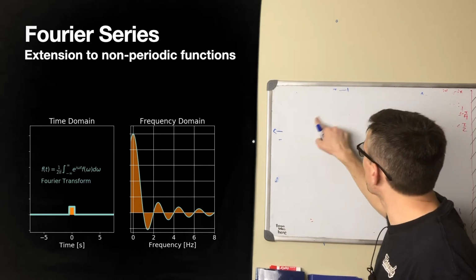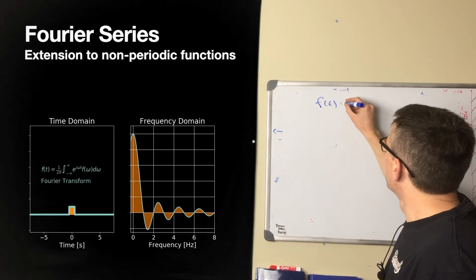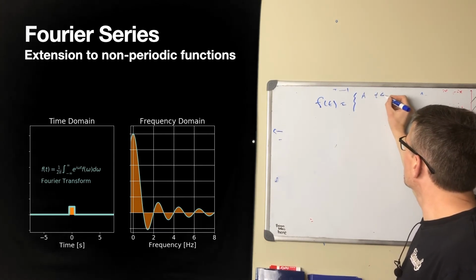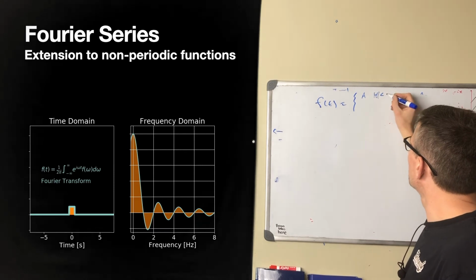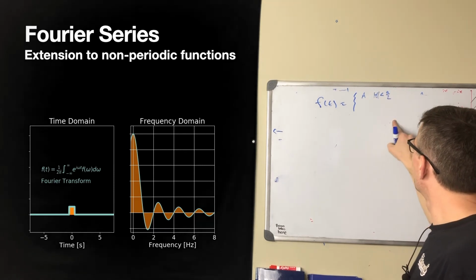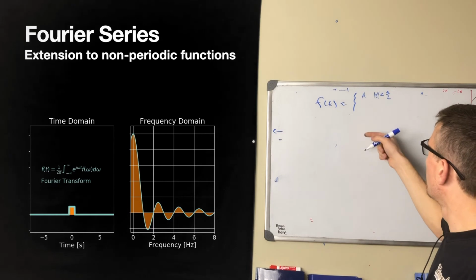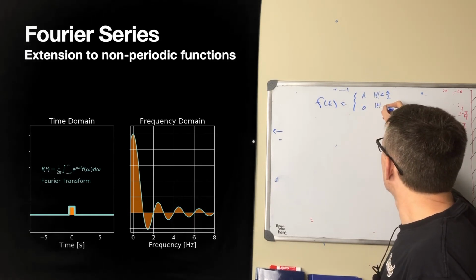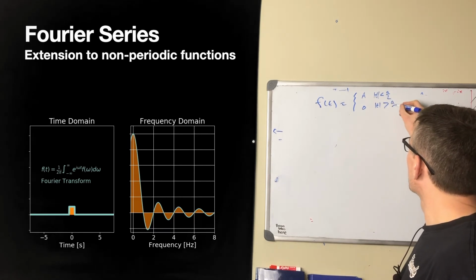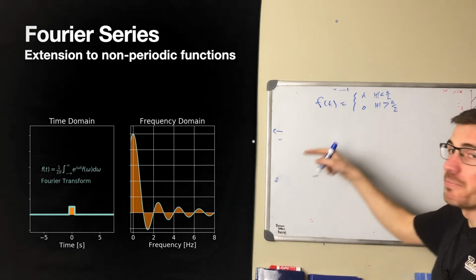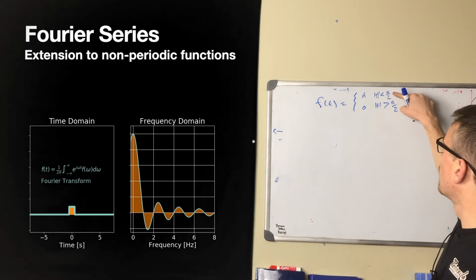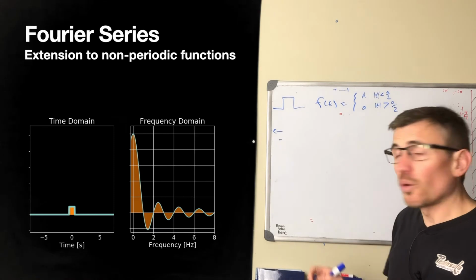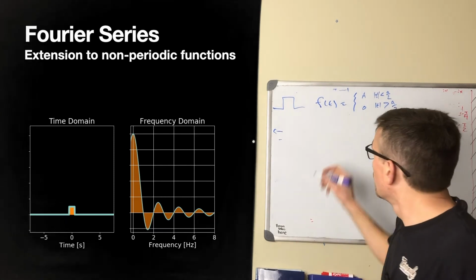All right, so let's take the Fourier transform of f of t is equal to a when the absolute value of t is less than a over 2. We're just going to call it a over 2, where the period was 2a here, and 0 for all points of time after that. So this is the same as the last time. Just plug in a is equal to t over 2. So let's look at our Fourier transform here. I'm just going to plug in the definition. So we're going to get